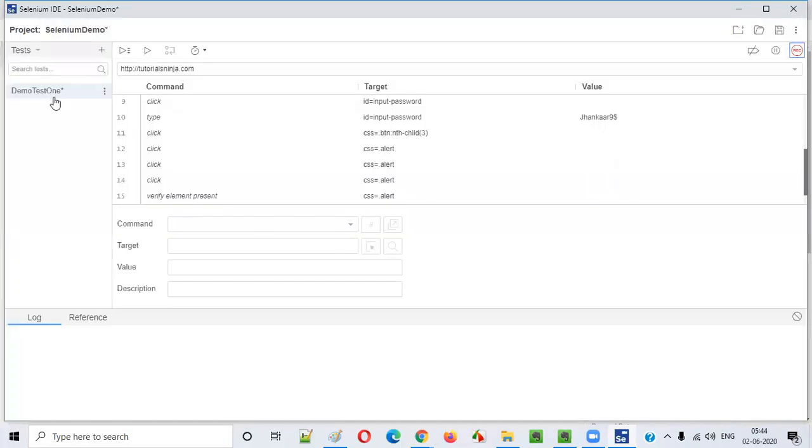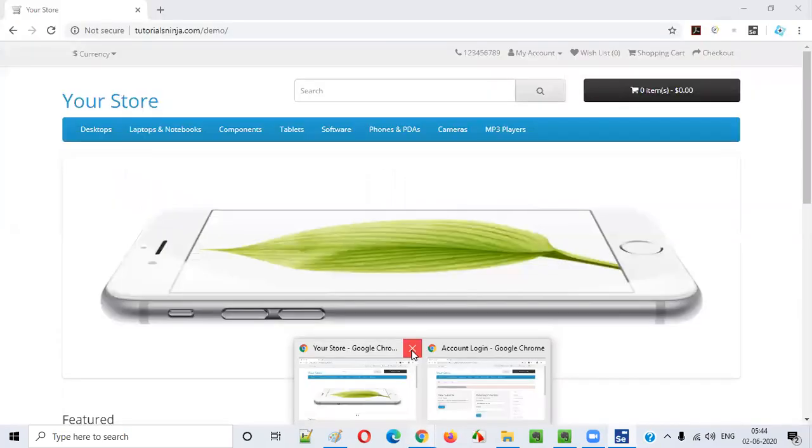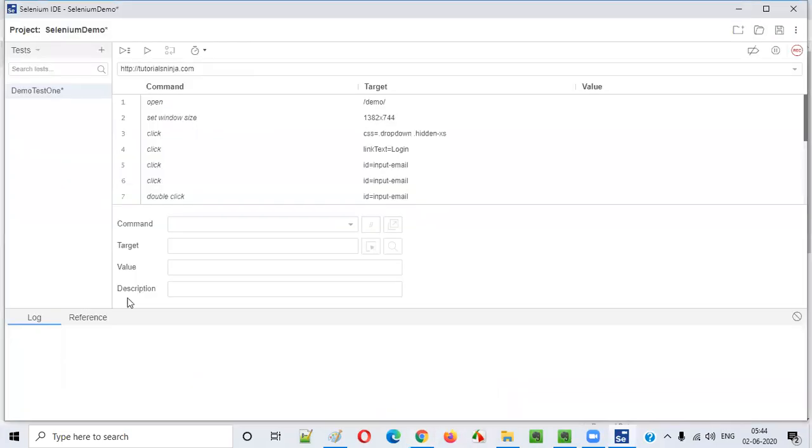So here, as you can see, there is some automation test created already for us. The Selenium IDE tool has auto generated this code, and these are the steps. These are the steps that got recorded while I was recording the actions. All the actions are getting automatically recorded in the Selenium IDE tool. Now tomorrow when I want to run this automation test, I'll close all these windows. Let's keep one thing open. Simply I need to click on the play button. I have to select this test and click on the play button.